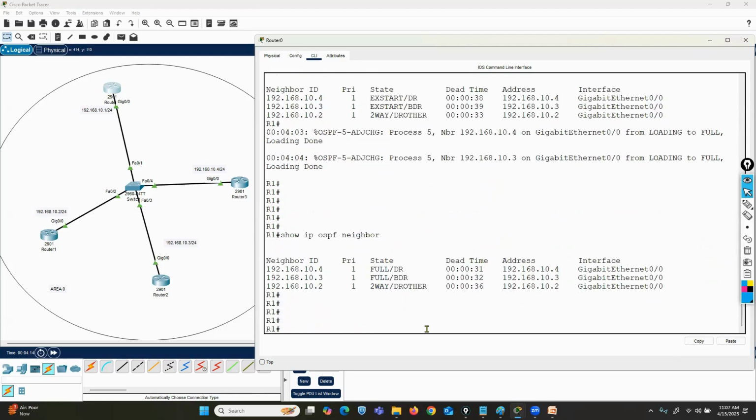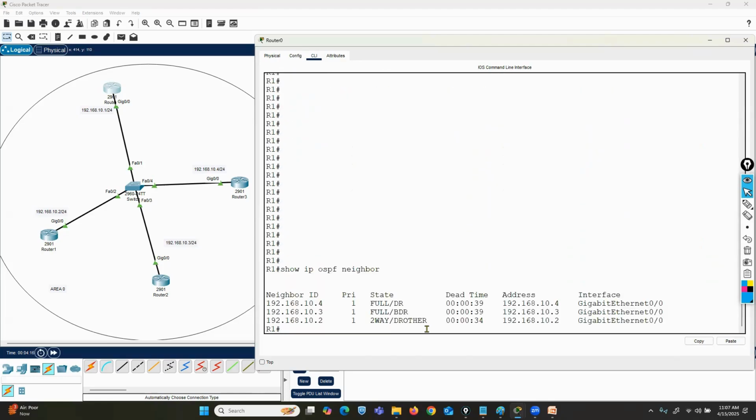Now you can type the show ip ospf neighbor command to verify DR and BDR information. You can see this is the R1 router. This is R1, this is R2, R3, and R4. As per our output of show ip ospf neighbor,